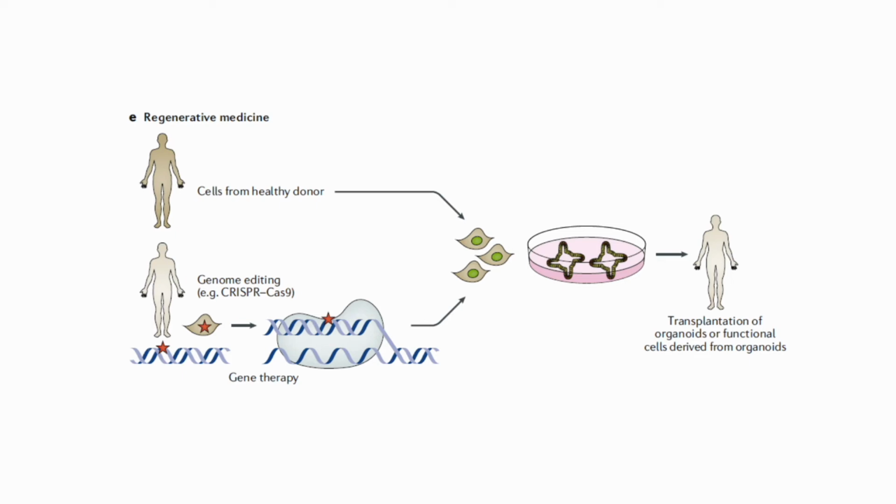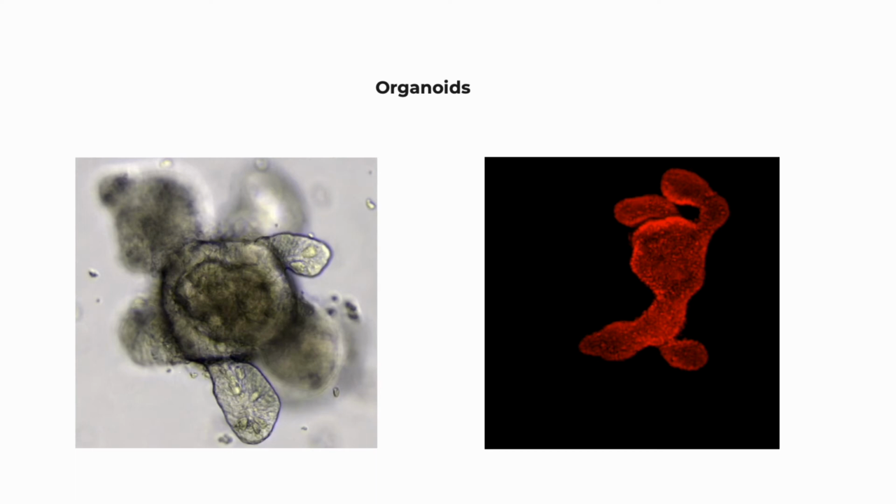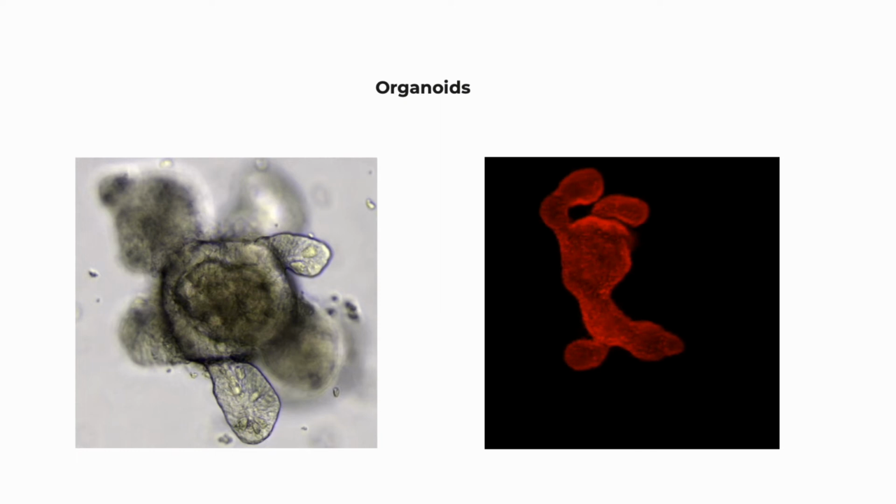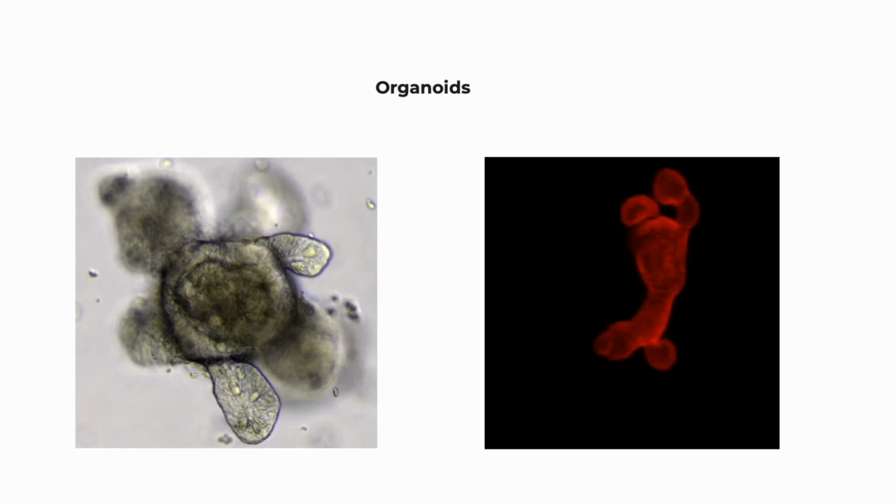And then I want to show you some pictures, because I talked a lot. The first picture I'm going to show you on the left is not a picture that I have taken, it's from the internet, but the second one is animated and I'm going to play it. So you can see this is an image of an organoid that I generated in the lab. It's not that hard, it's a nice protocol that works because it's not complicated. These were intestinal stem cells or organoids. As you can see, this is how they look.